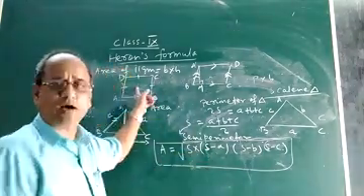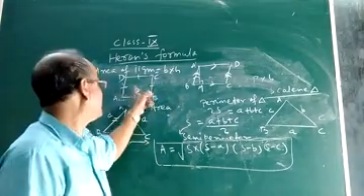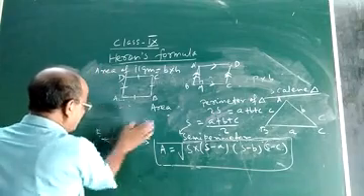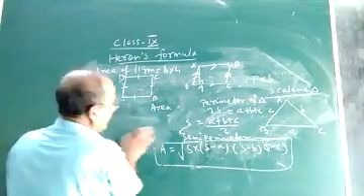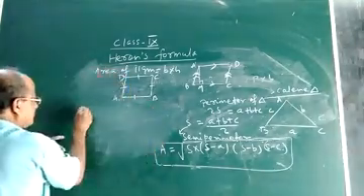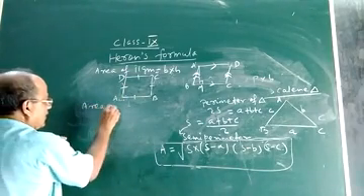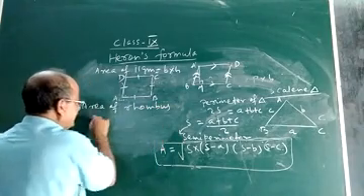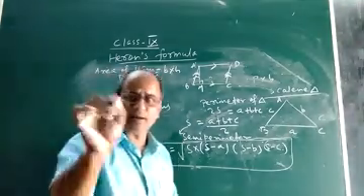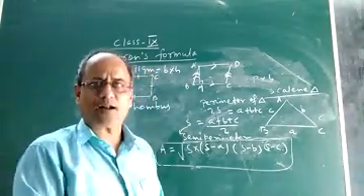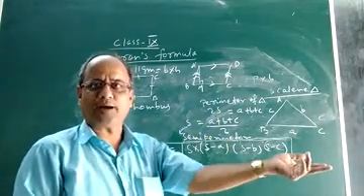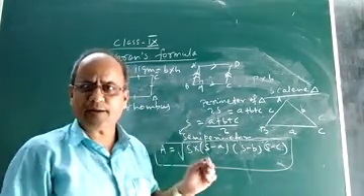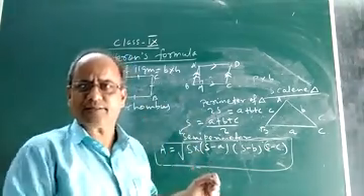Okay. Now the point is how to find the area of this rhombus. Area of rhombus. See, to find the area of a rhombus, what formula will we use? I just told you that a rhombus is a parallelogram. If a rhombus is a parallelogram, then whatever formula is used to find the area of a parallelogram, the same formula we can use to find the area of a rhombus also, because a rhombus itself is a parallelogram.